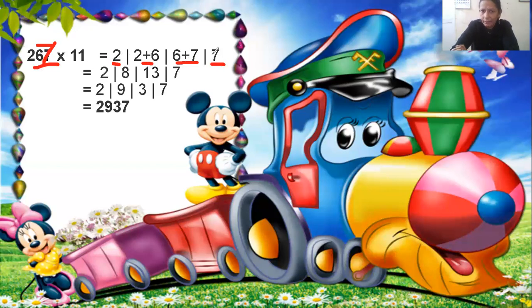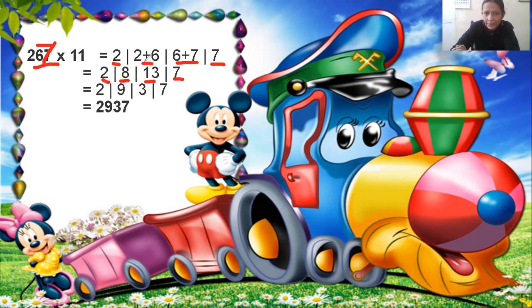Now in the next step, this 7 is the single digit number. You will write down there 7 as it is. Now you solve 7 plus 6, put a slash here also. 7 plus 6 is equals to 13. So you will write down here 13 as it is. Then put a slash. You have to solve 2 plus 6, which is equals to 8. So you will write down this 8 as it is. Put a slash, 2 here you will write down as it is.